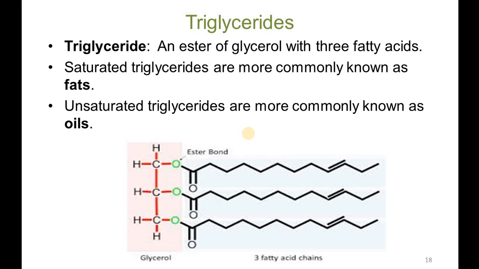Triglyceride, the name given, glyceride, the glycerol molecule connected with 3 fatty acids. So as you can see in this particular diagram, this is the molecule of glycerol which is indicated in red and green color: CH2OH, CHOH, CH2OH. Now as you can see, this is the ester bond, COO, connected to the fatty acid. These are the 3 fatty acid chains. This is the first chain, this is the second chain and the third chain. So a glycerol molecule connected with 3 fatty acids is considered to be a triglyceride.